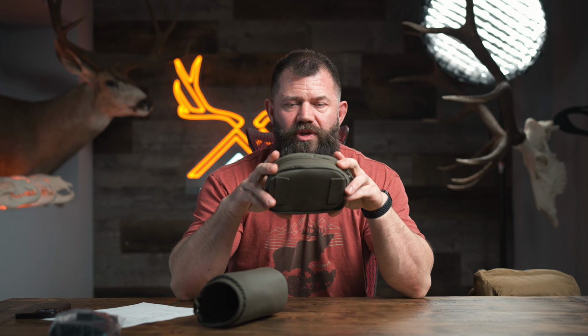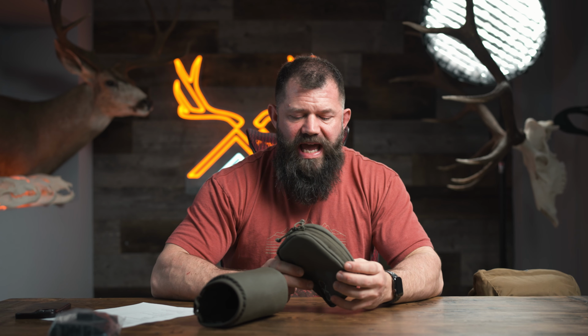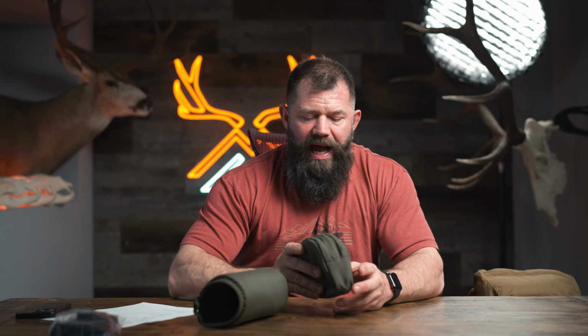They also completely redesigned their hip belt pouches. This was another thing that I was not a big fan of on the K3. I thought they were a little small. I thought they were a little floppy. And the way they attached to the hip belt, it just wasn't my favorite. It felt a little janky. Now, to go in concert with the laser cut MOLLE webbing on the hip belt, they have this really, it's